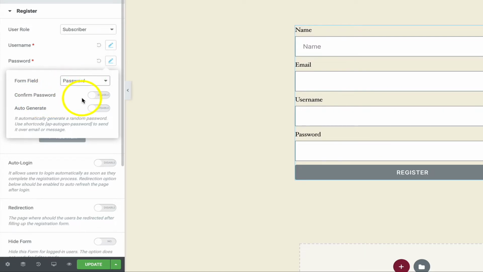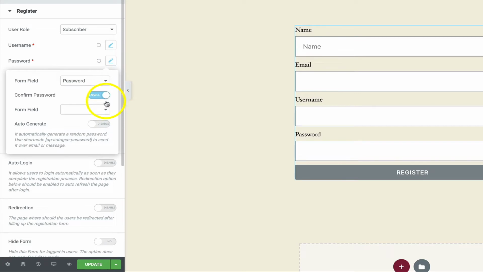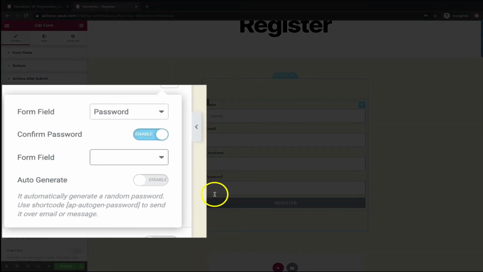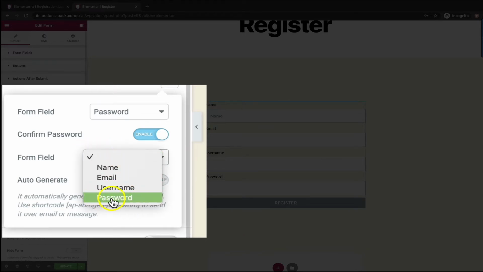Now here is a great feature. You can use password confirmation by turning this on. What we would need to do, which we haven't enabled on this form, is to add another password field, and I would just simply give that a name, something like re-enter password. I would give it a different name to this field, and then we would enable this to be able to compare the two. I would choose re-enter password here, and the logic would compare this field with this field to see that they match. If they don't match, it gives the user a little error message, just to please check.